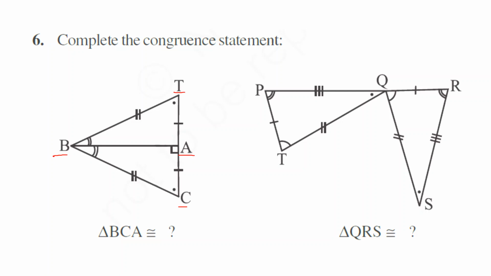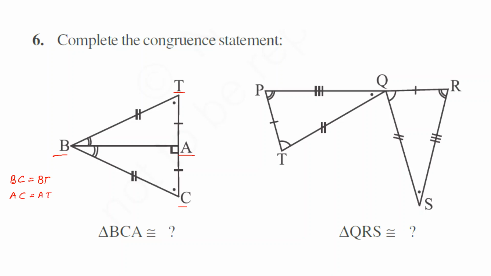Now in these two, what are the things equal given? These lines actually suggest what are equal. So see, two lines are drawn to BC and BT. So we have BC is equal to BT. Then you can see that one line is drawn to AC and AT. So they are also equal.